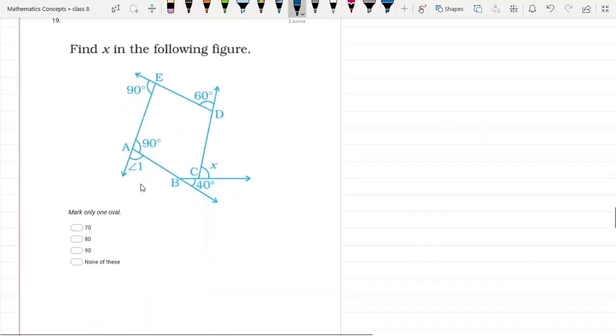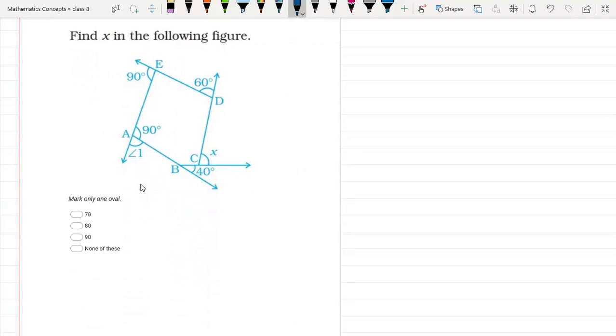Next question, again a question from chapter number 3, quadrilaterals. Very simple. We have to find x. You can observe first of all this angle is 90 degrees. So by linear pair, angle 1 is also 90 degrees. Suppose you name these angles as 1, so already given, this is 1. Take this 2, take this 3, take this 4. Oh sorry, this is left. This is already named as x. So let's take x only.